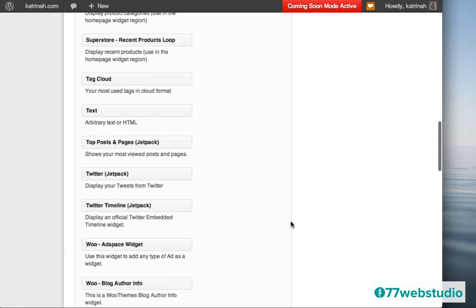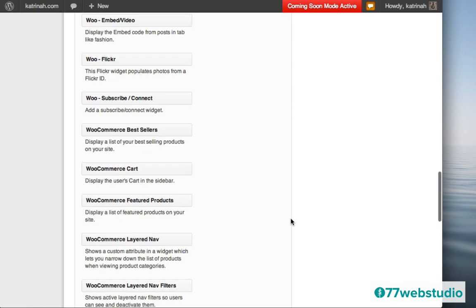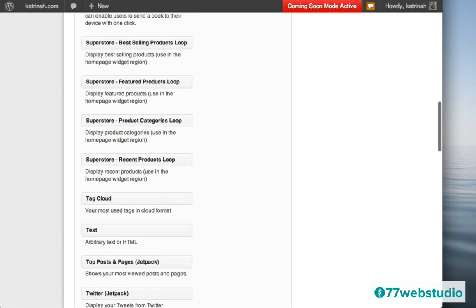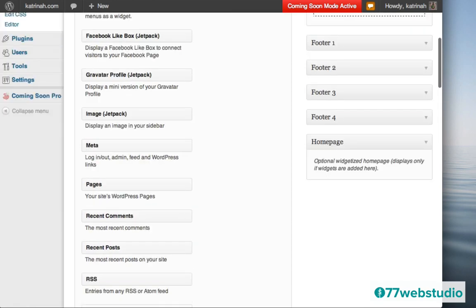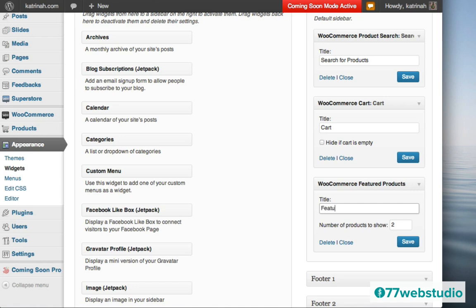And then the last thing that I want to feature are the actual featured products. So I'm going to grab this one right here, WooCommerce featured products. I'll just add that one as a demo. Go to the very top, and then right underneath the cart, I'm going to drop that in, and I'll call this featured products. And then you can specify how many featured products you want to have displayed. So I will display 4 of them and click on save.